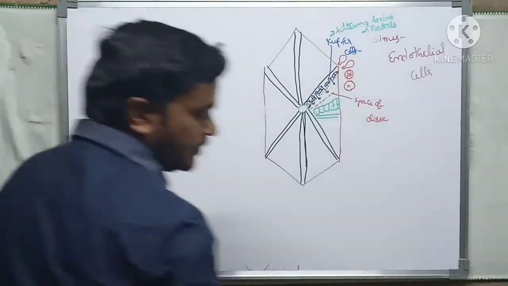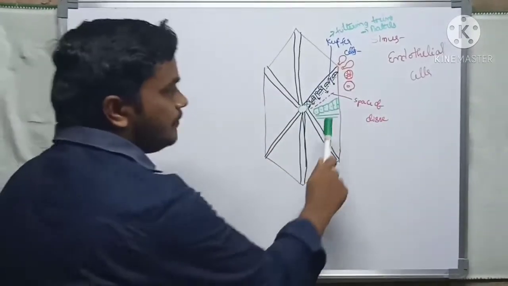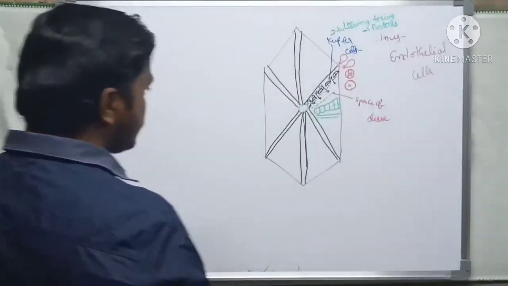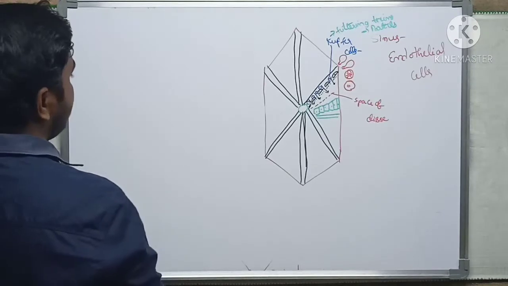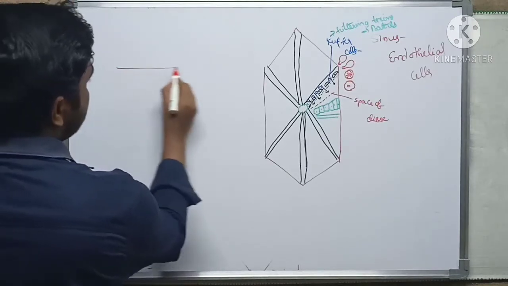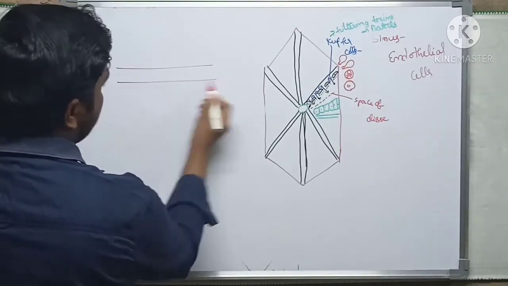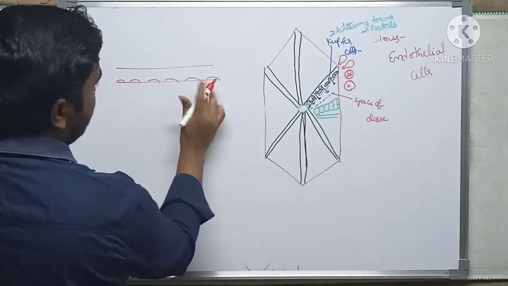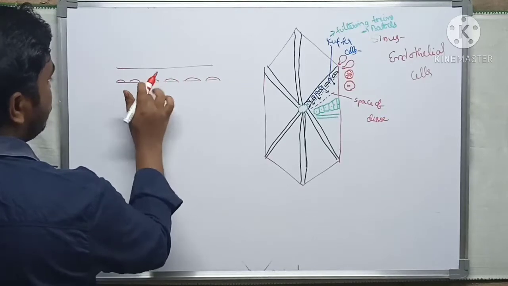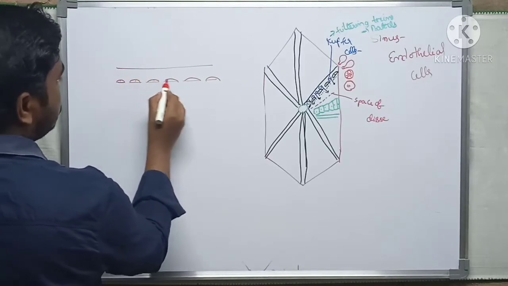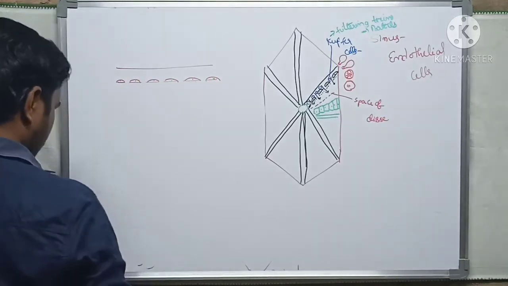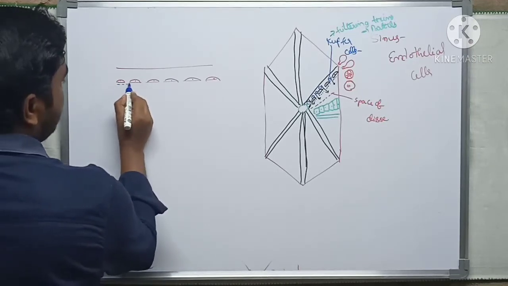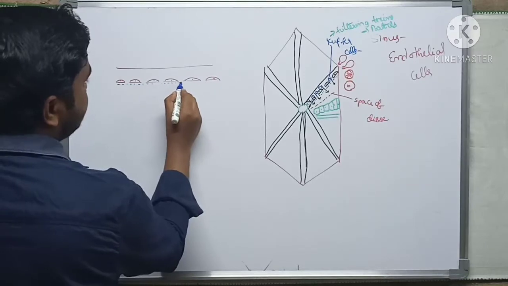First and foremost, from the hepatic cords I want to take two hepatocytes. Those hepatocytes are arranged like this. First, this is the sinusoid region. The sinusoid region is made up of endothelial cells. These endothelial cells have some leakages. This is one endothelial layer. Beneath the endothelial layer, there is a basal lamina. This is the basal lamina.